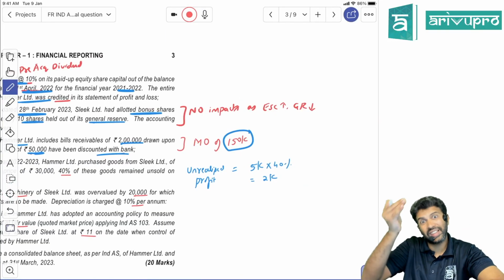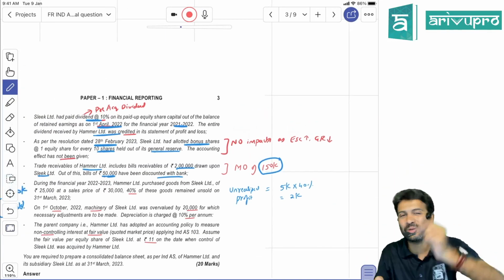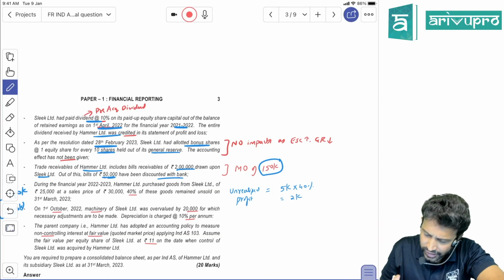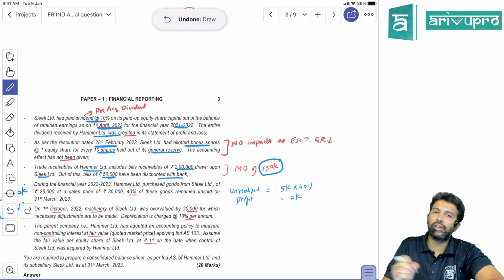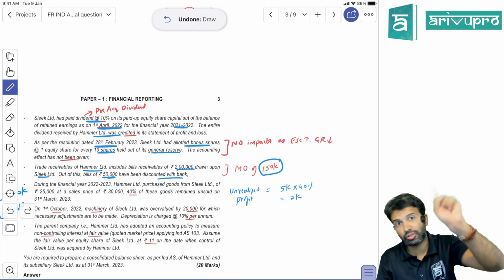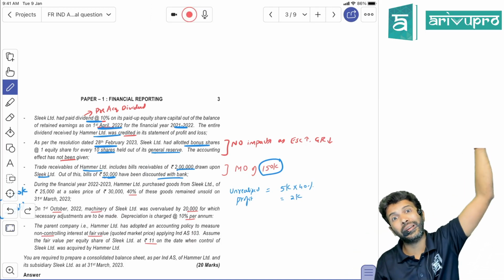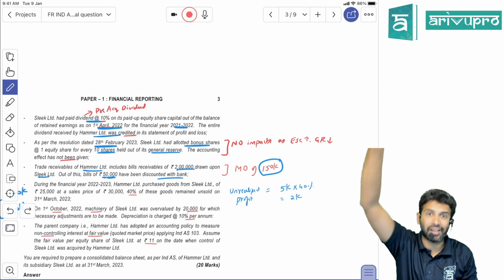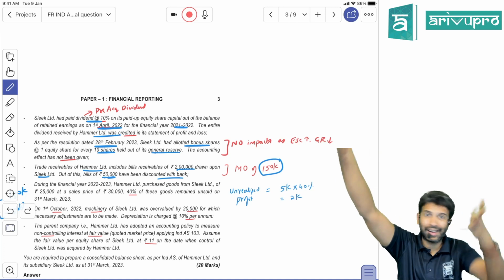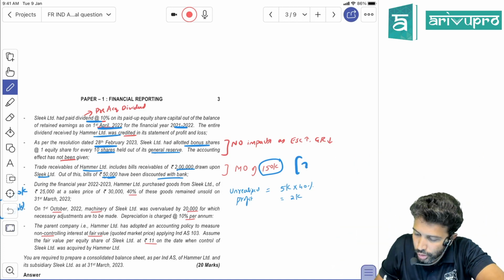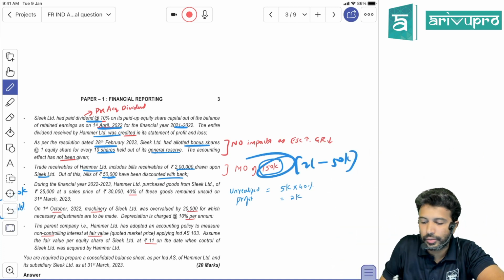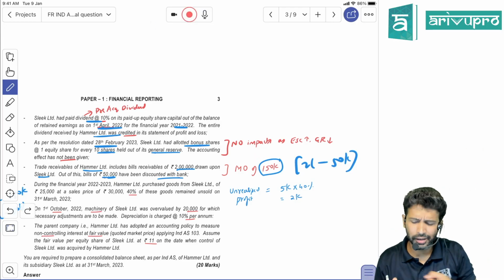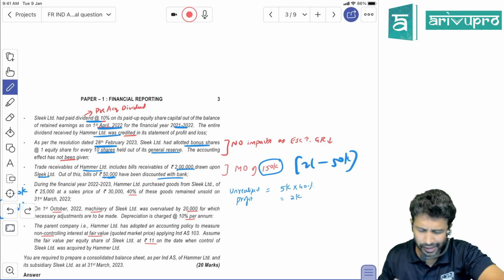All this adjustment was there actually in a CA Intermediate AS 21 consolidation question that they have also incorporated here. So the hidden adjustment is that mutual owings is only 1,50,000, because the 50,000 bill is not with the parent, it has been endorsed and is with the banker. The subsidiary has to pay that 50,000 to the banker. If any amount the subsidiary has to pay to the bank, that is not mutual owings. Hence, mutual owings is only 2 lakh minus 50,000, which is 1,50,000. So eliminate this from both trade receivable and trade payable, reducing 1,50,000 in the consolidated balance sheet.